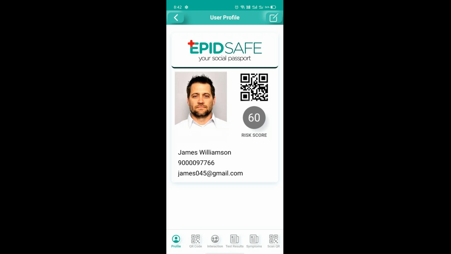It lets you walk into your work, lets you walk into your social gatherings, and it shows you a risk score, which is a proprietary algorithm that we have created, which based on actions, based on who you have met, based on your symptom reporting, based on your test results, we combine everything into a single score. The idea being you share the score rather than you share all your personal details with someone. Very simple number. The score will adjust and the color of that circle will change depending on if the score is low, medium, high.